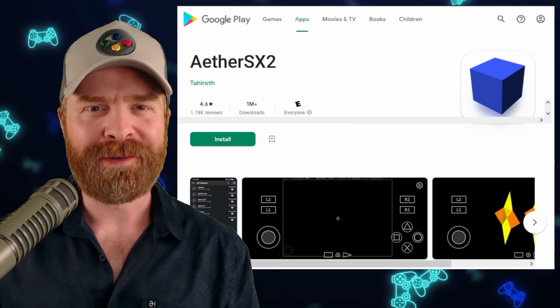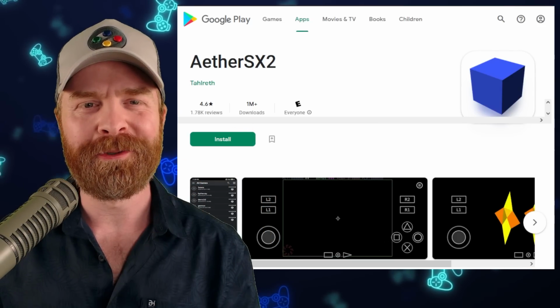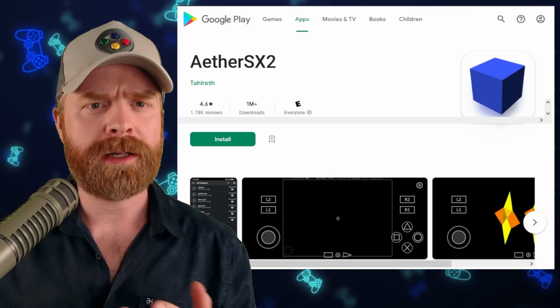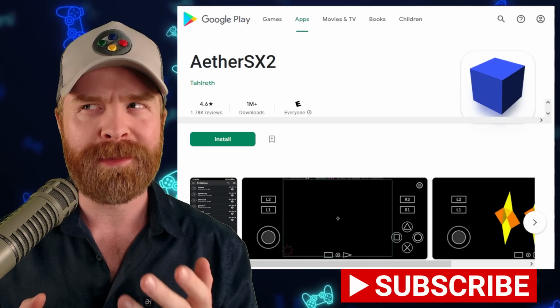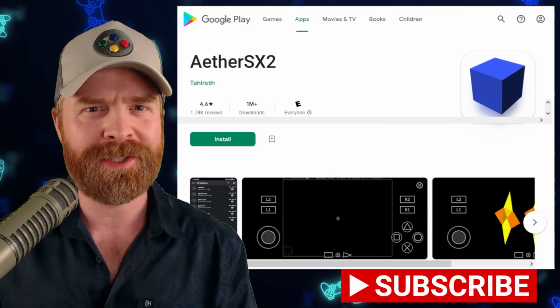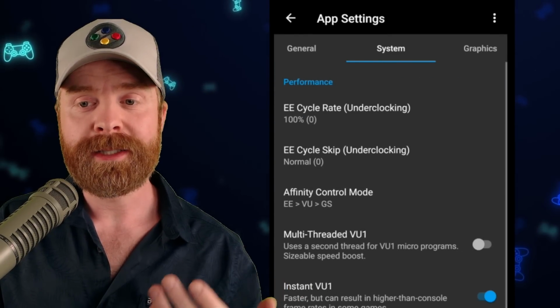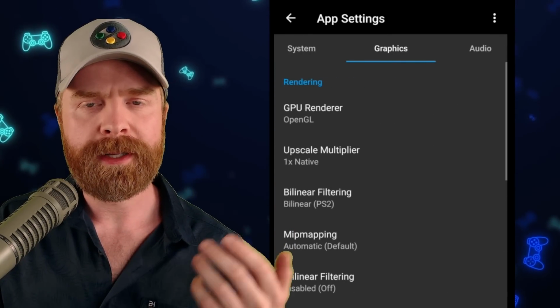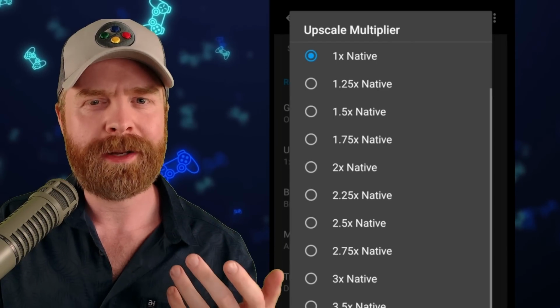Alright, we'll kick things off here talking about PlayStation 2 emulation on Android with AetherSX2. Now, in yesterday's video, we talked about a brand new feature that AetherSX2 delivered, and I may have missed a very big part of that feature. So here's the new build of AetherSX2 up and running. I'm in the app settings and I'm scrolling over to the graphics tab. And then from here, I'm going to click on the upscale multiplier, and this is where I stopped in yesterday's